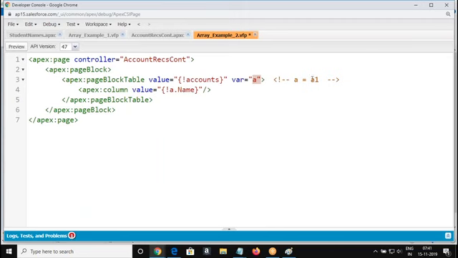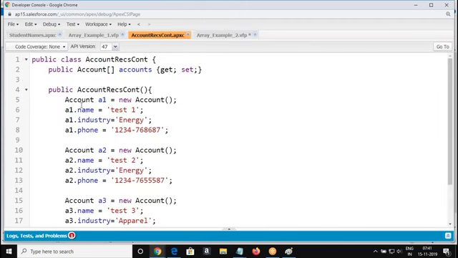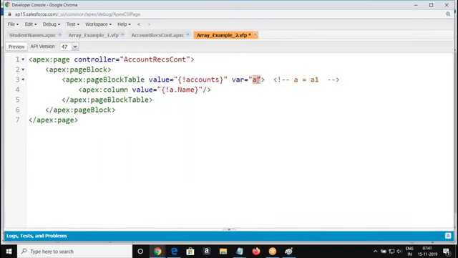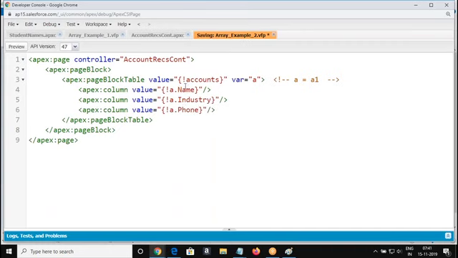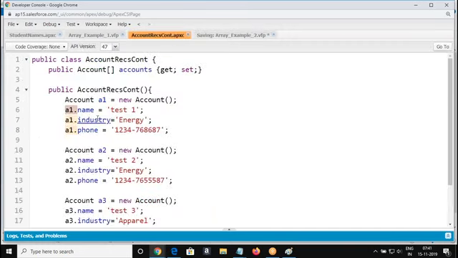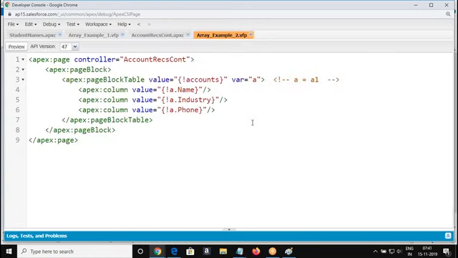The first element value, A1, is copied here. So A1 dot name, similarly A1 dot industry, A1 dot phone. If you refer to any other field other than these three, you will get a null value because we didn't assign any value. Similarly, in the next iteration, A is going to have A2 and it displays the values. Like that, we get the values here.